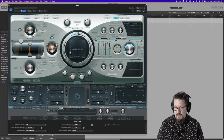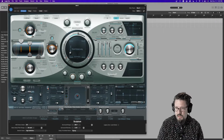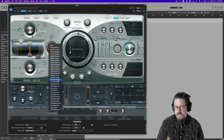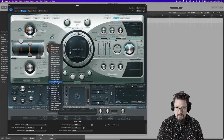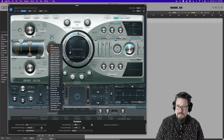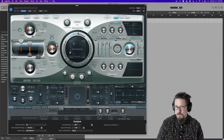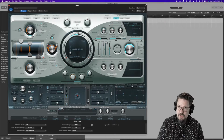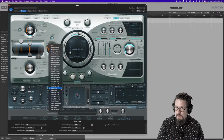But one thing that I thought was really interesting, and we're going to look at it a little bit later in the stream with the surround sound, is that using modulation, we have the ability to adjust the pickup position, but also the panning, and the panning is separate. We don't have a panning option out here. We don't have the ability to set the panning of these objects other than the pickups. And so that becomes a really interesting situation. But we can target the pickup pan